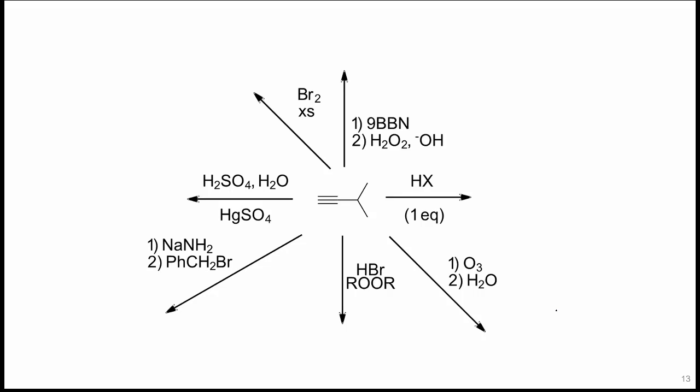All right, here we're going to look at some more reactions. These are reactions of alkynes, so they're triple bond. And I'll just start at the top here. 9-BBN is similar to borane, so this is going to give me an anti-Markovnikov product. And that's going to first form the enol. So it adds an OH to the double bond, which will tautomerize to the aldehyde. So that's the anti-Markovnikov product.